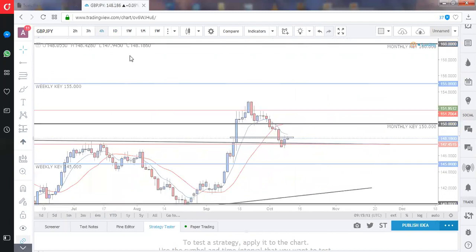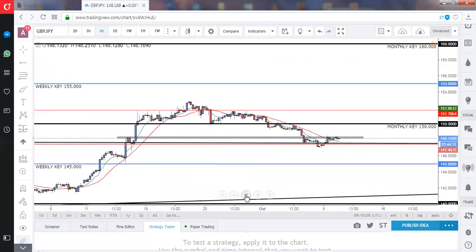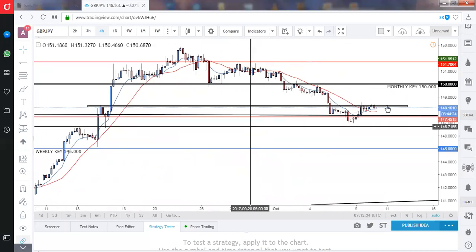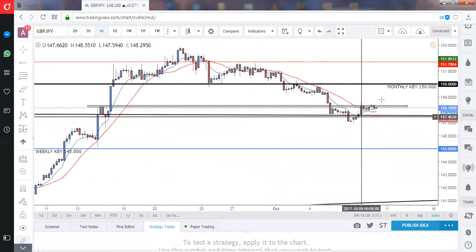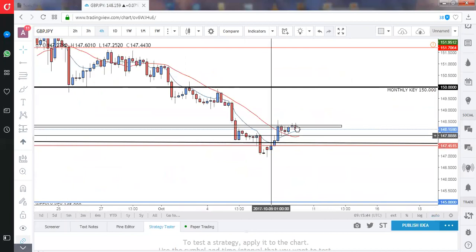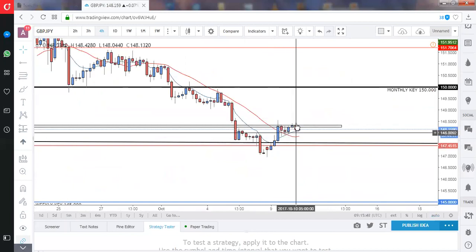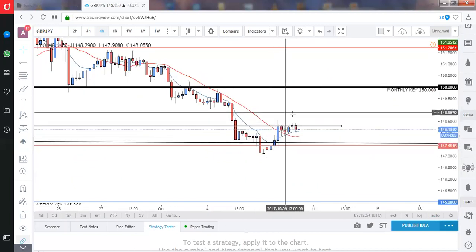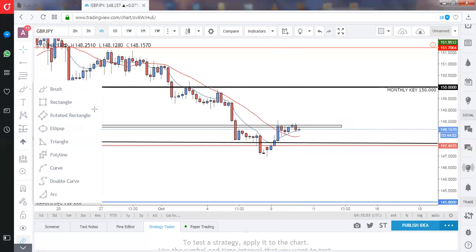Let's step down to the 4 hours so you can see the daily key levels better. On the daily, you can see this area here. This is the area the market is currently sitting on. We have seen that the moving averages have crossed over to the upside. The market is currently consolidating around this area, moving sideways. Price has broken through the blue moving average and is currently testing it. So I would highlight this area